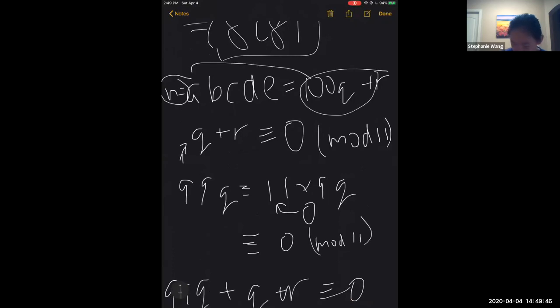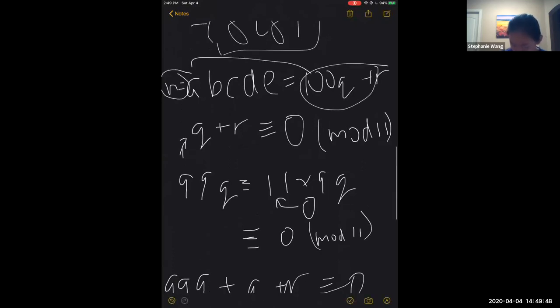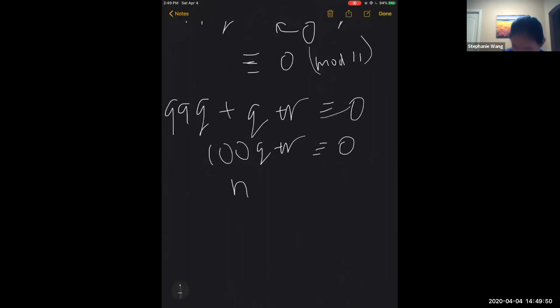So then we can just replace 100Q with n over here. So n is congruent to 0 mod 11. The meaning for n being congruent to 0 mod 11 just means that when you divide n by 11, the remainder is 0, which means that n has to be a multiple of 11. And the question said that n has to be a 5-digit number, so it's going to be from